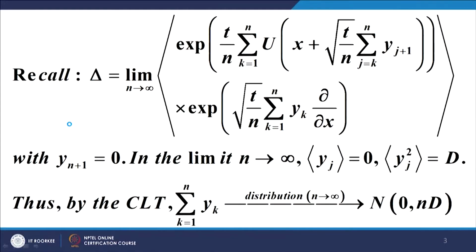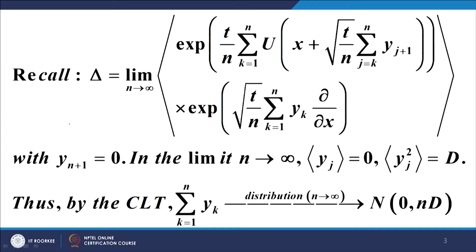Right, welcome back. By making use of the property of the translation generator, the first derivative in the exponential, we were able to simplify the expression of the propagator and bring all the derivative terms to the right and all the non-derivative terms to the left. This was a very important simplification that we could achieve because of this particular property.